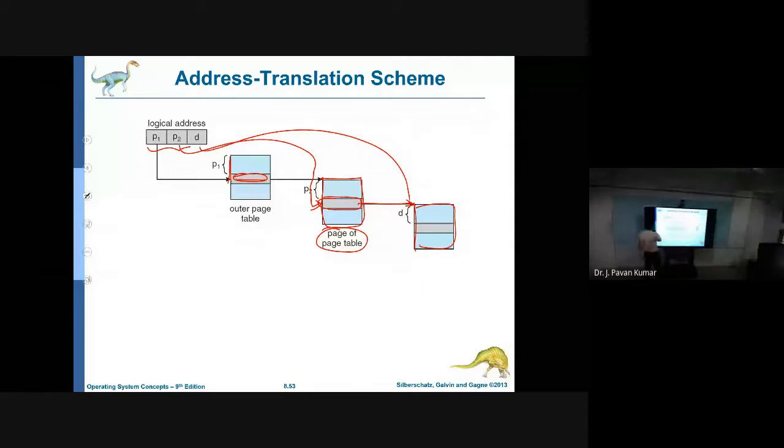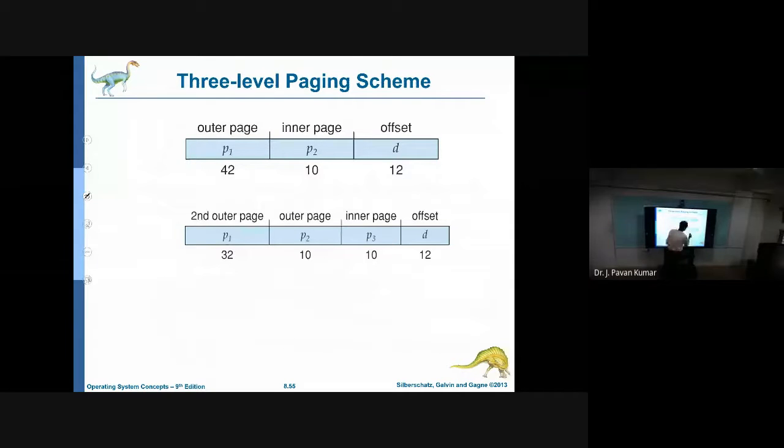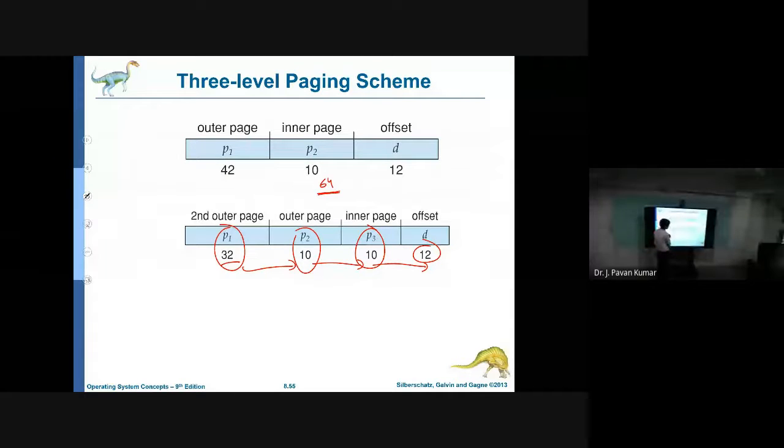Like this we can use several levels. Even 3 levels also exist. I will show you that. Yeah, 3 levels. Here you see P1, from P1 then P2, then P3, then D. Like this, in total how many bits do we have? Entirely 64 bits for the address. Out of those, 12 bits we are using for offset, 10 bits for first level, 10 bits for second level, 32 bits for third level. Like this we are using several levels. So this is nothing but hierarchical page table implementation.